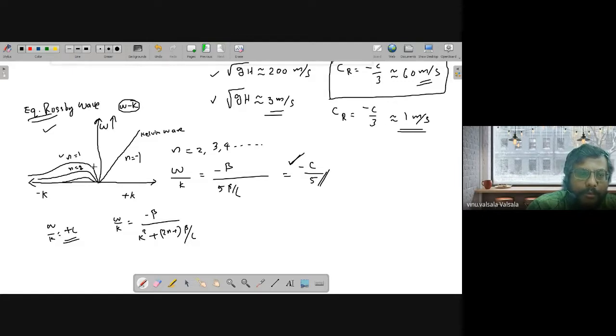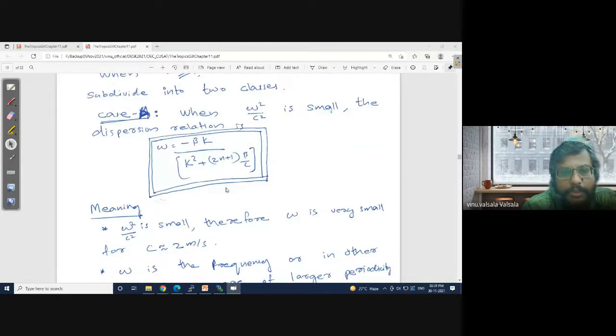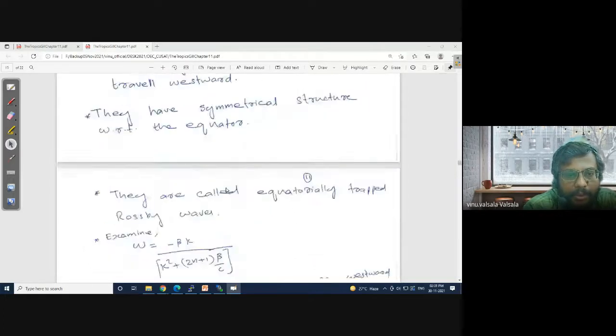Because we know n equal to 1, they offer some typical type of Rossby wave. N equal to 2 is the next meridional mode. N equal to 3 is a higher meridional mode. Their dispersion curves look like this in the negative quadrant of the wave number frequency diagram. And as a special case, we have also learned that for n equal to minus 1, we are going to get a Kelvin wave. Now we are going to case B.